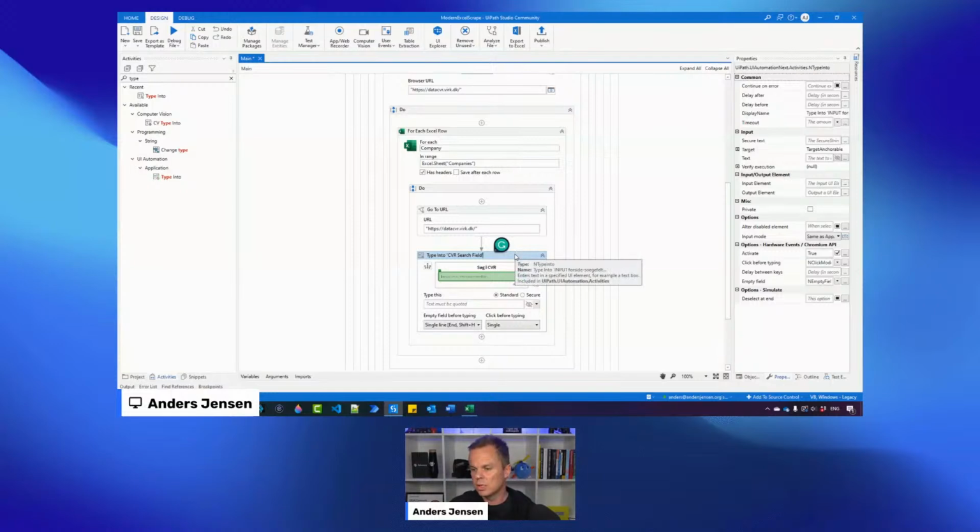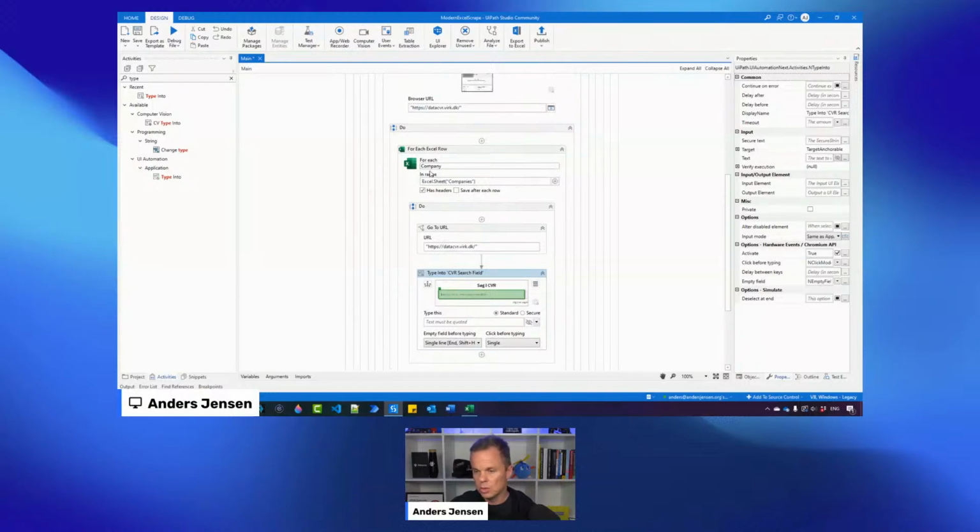So what do I want to type in? Well, I want to type in whatever is in the current row. And remember, I renamed that to company from current row. It doesn't mean anything practical. It's just that I need to reference company instead of current row. So if I go down here, I can see I can either make custom input or I can start picking here. And to be honest,